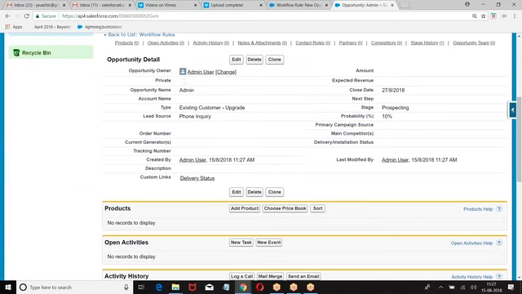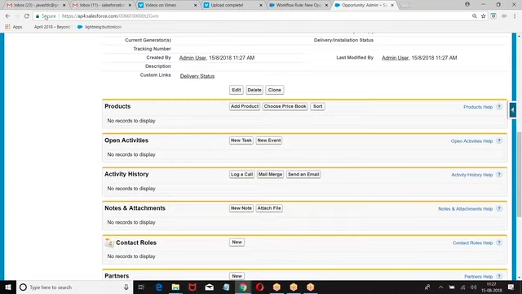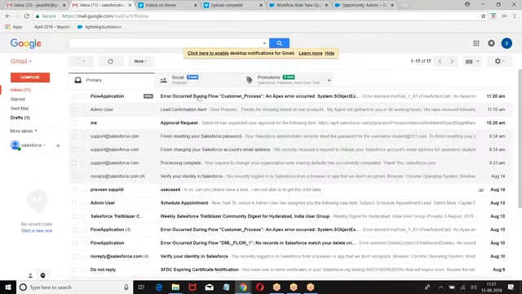If it is an immediate action, I can go and see whether the task is created or not. Or I can go to the mail ID and check whether the email is created or not. I can go to the field and check whether the field is modified or not. But this is a time dependent action. It is not going to run the action right now. It is going to run the action 3 days before the close date. How do you know whether it is working or not?